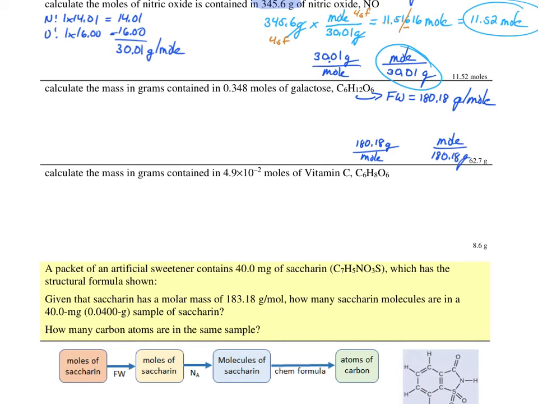To determine the conversion factor we need to use, we go to a statement of the question. So we write down the number with its unit, 0.348 moles, and we want to multiply by a conversion factor that's going to get rid of units of moles, cancel them out, so we're going to use that one. 180.18 grams is equivalent to a mole. This indicates we're doing multiplication in this problem. When we do that, our calculator answer